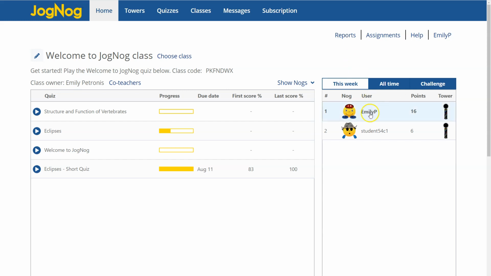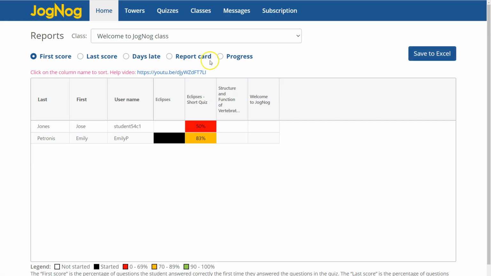We have a simple class here with just one student in it. And the first report we'll look at is first score. Now JogNog is very interesting because it does both formative and summative assessment. So when the student takes a JogNog quiz, they are allowed to learn the material as they're taking the quiz if they don't already know it. So JogNog records the first score, which represents how much knowledge the student had initially, kind of like a regular test or quiz. And then also last score, which represents the score they achieved after they had practiced and learned